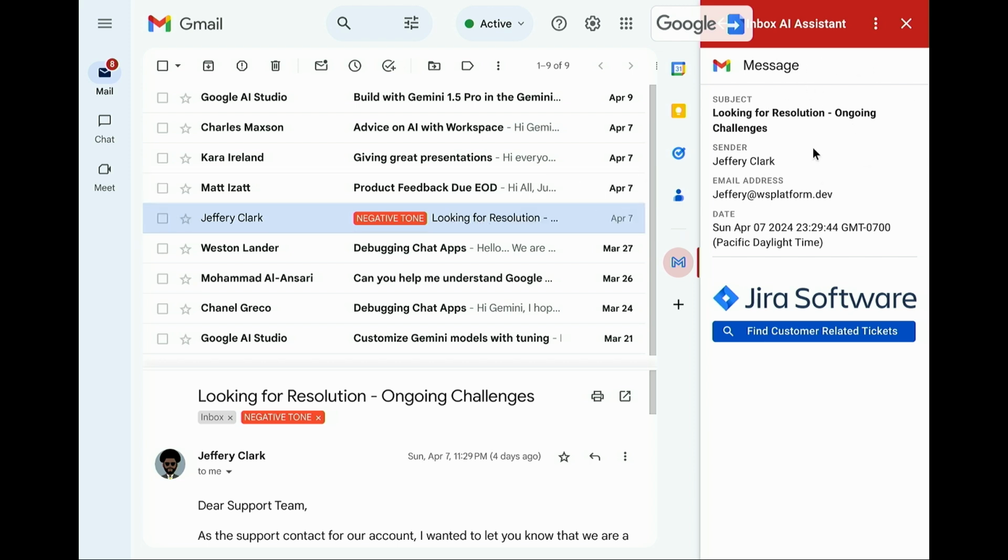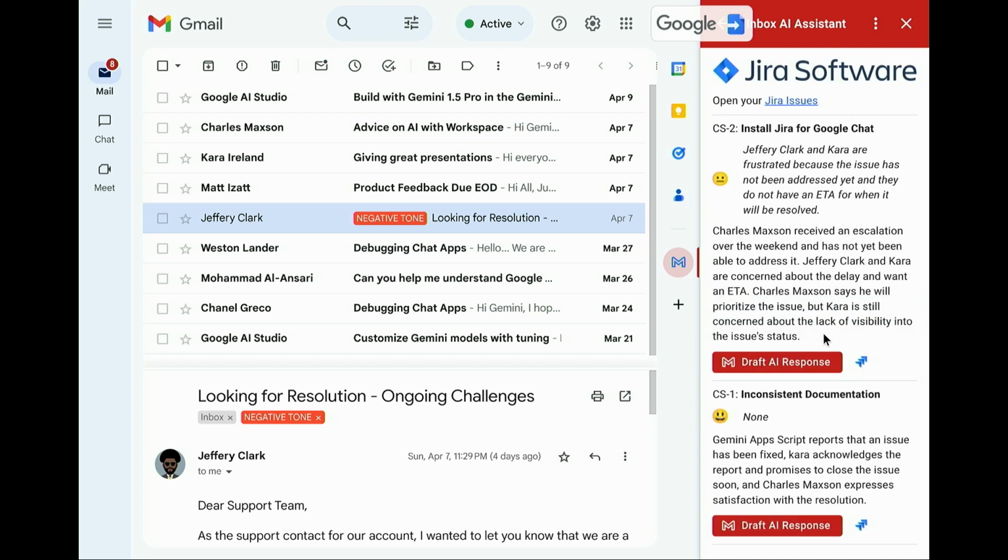So again, I get the context of this email. One of the neat things you can do with custom solutions is not just use your Workspace content. In this case, we're going to triage the content inside of Jira, which is where we manage our customers, to figure out, hey, what's going on here? So again, without me having to leave Workspace, without me having to open all the tickets, we use Jira's API to pull the content back, synthesize it, summarize it, and do a sentiment analysis on it inside of our add-on. And then you come back here and you can quickly see, with the cool little smiley faces, this situation's not a problem, but here Jeffrey and Kyra, who's responding to Jeffrey, weren't super happy, and Charles Maxson received an escalation over the weekend and has not been able,